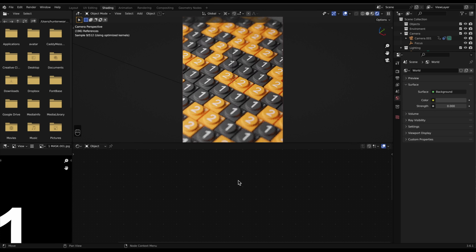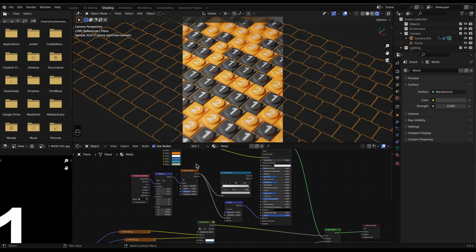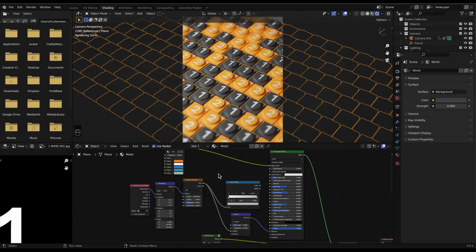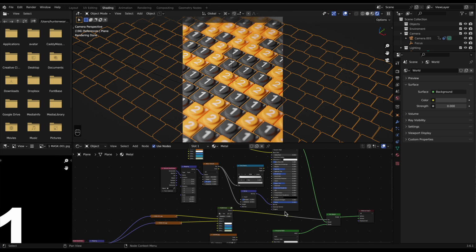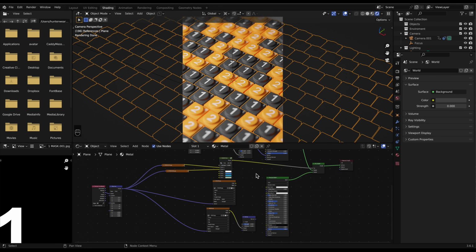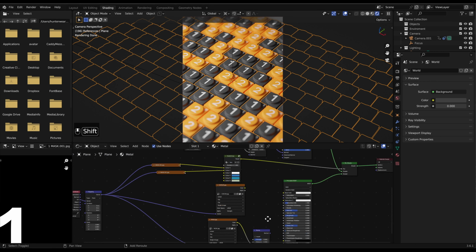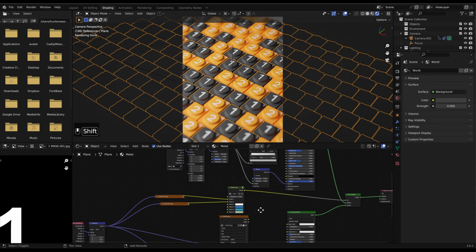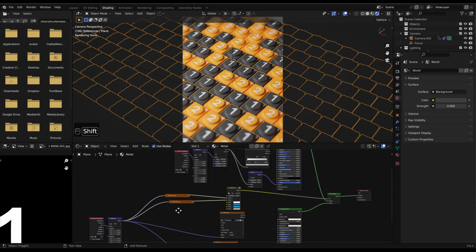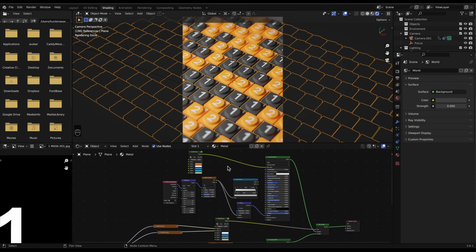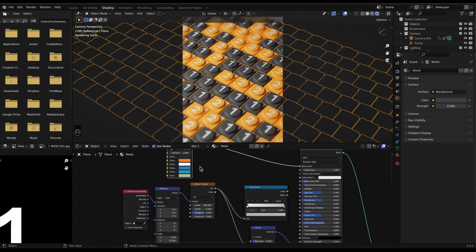So let's go over to our shading. Let's select our keys here. And you'll see quite a complicated setup here. We're not going to build the full thing here because this has other textures in here like metals and things like that. But basically we've got two things going on. We've got our masks here, and we've got a random texture here.